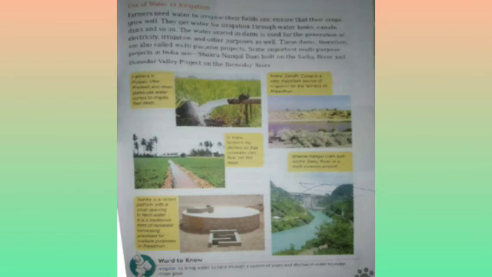A dam is built with the purpose of giving enough water to the nearby crop fields. That is one of the major uses. And the second use is to make the water usable for generating electricity. So when we create a building or a monument made of cement, and we try to trap the river water, then we call it a dam. Here in India we have many dams which are called multi-purpose projects. Among them we have the Bhakra Nangal Dam and the Damodar